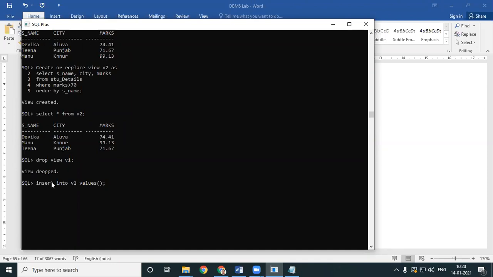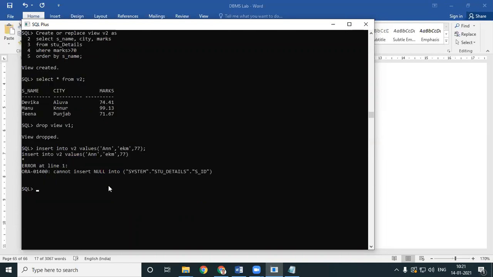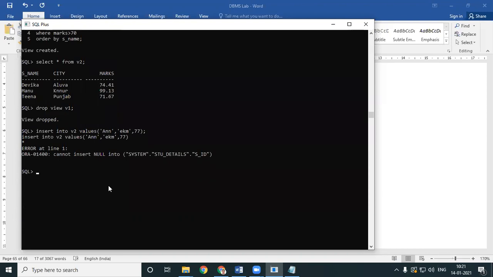Now look here, you have S name, so I'll give a value called an, comma, city, let's say EKM, comma, marks. To be on the safer side, I'll give 77. Now look here, you cannot insert into V2 values. But just keep this error message in mind. I'll explain to you what happened.